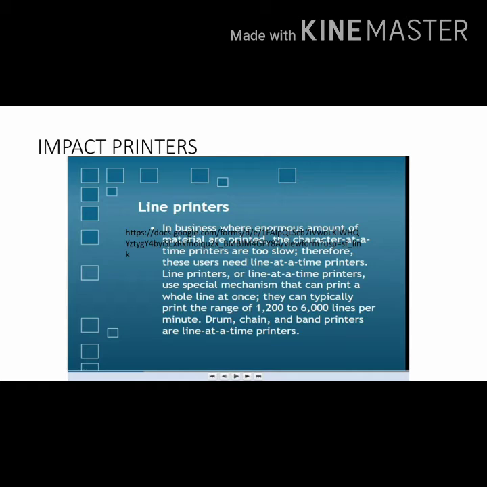Line printers use a special mechanism that can print a whole line at once. They can typically print in the range of 1200 to 6000 lines per minute. Drum, chain and band printers are the line at a time printers.